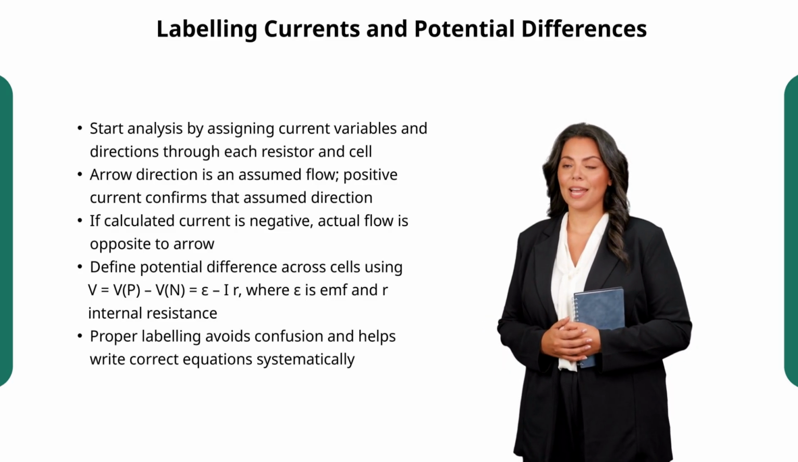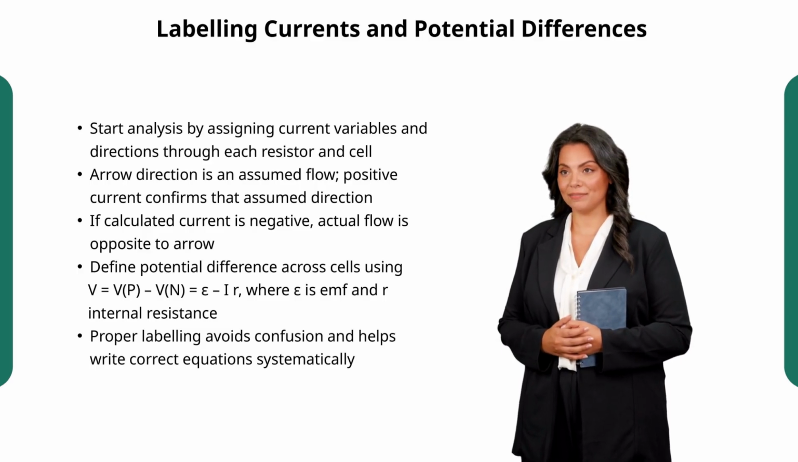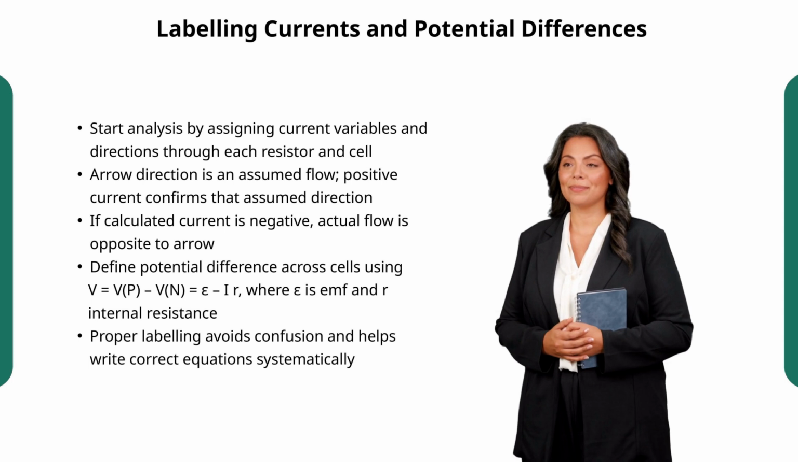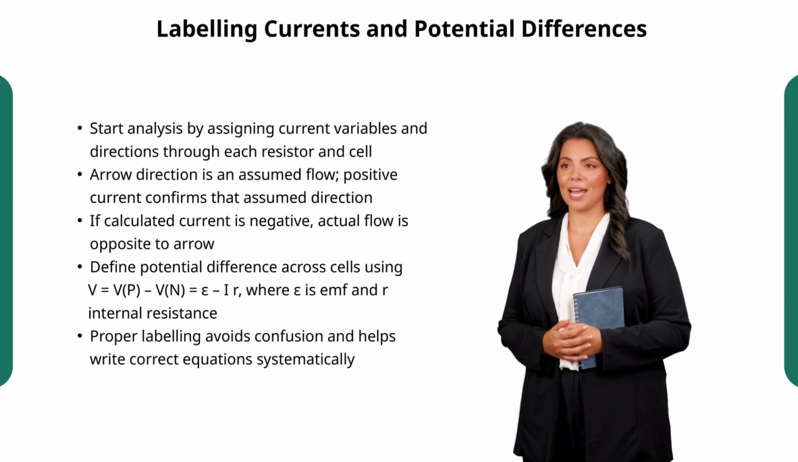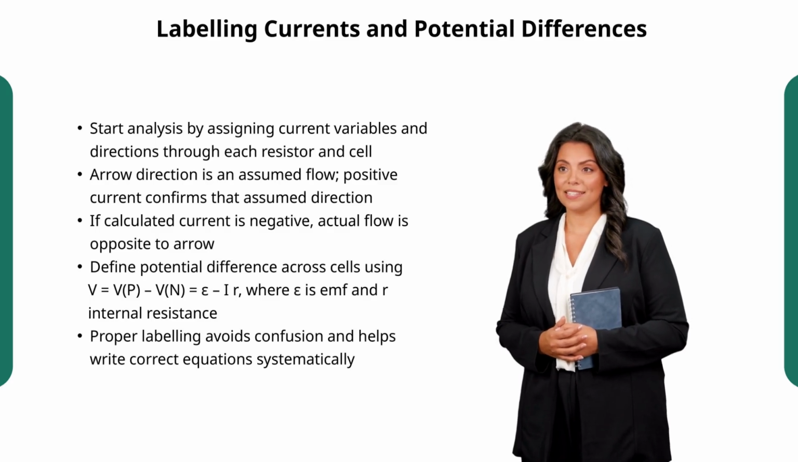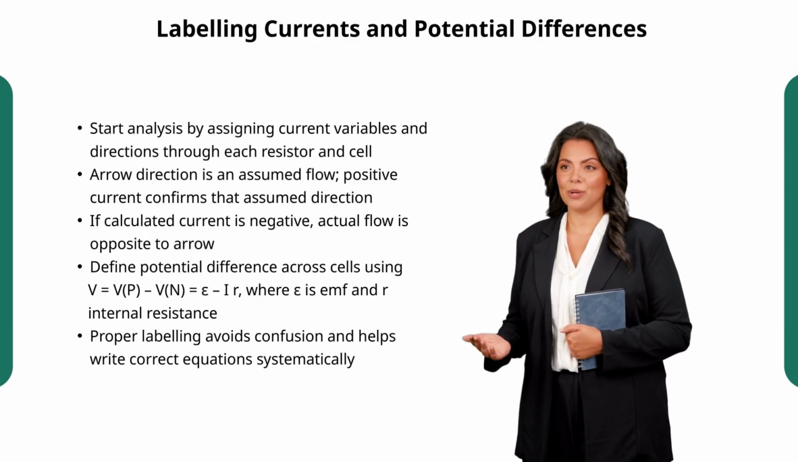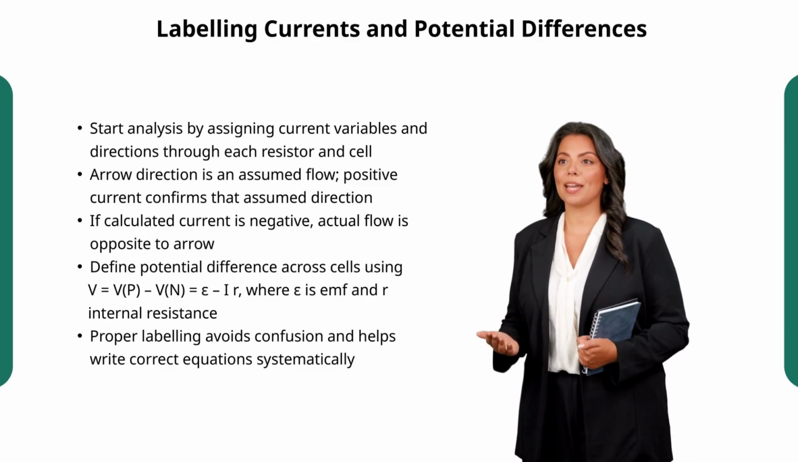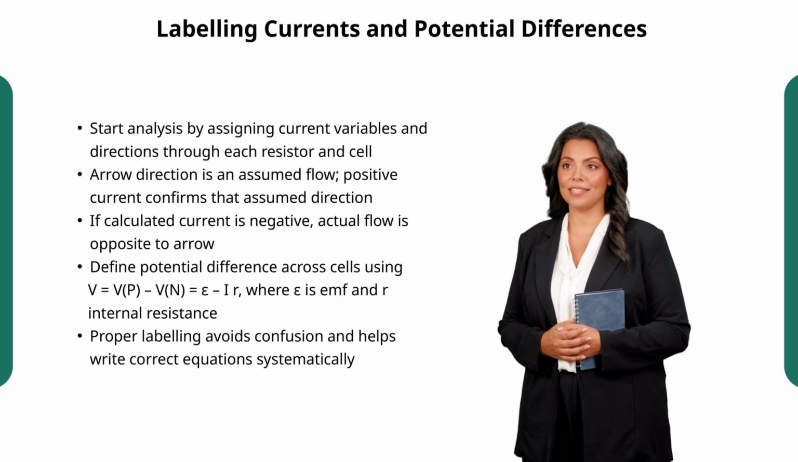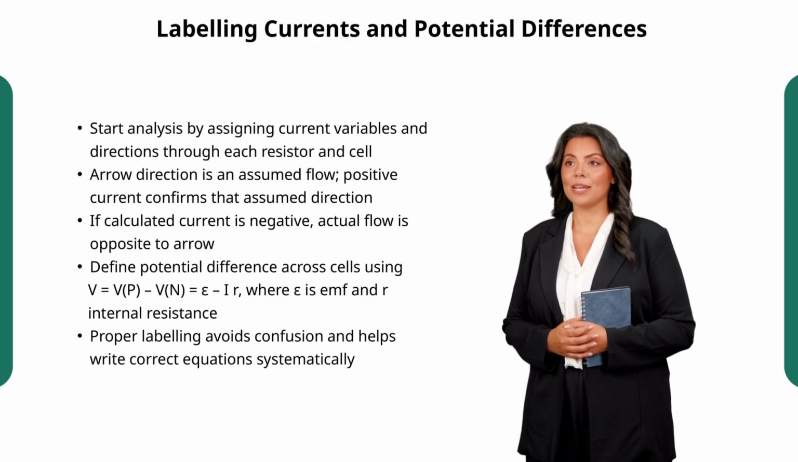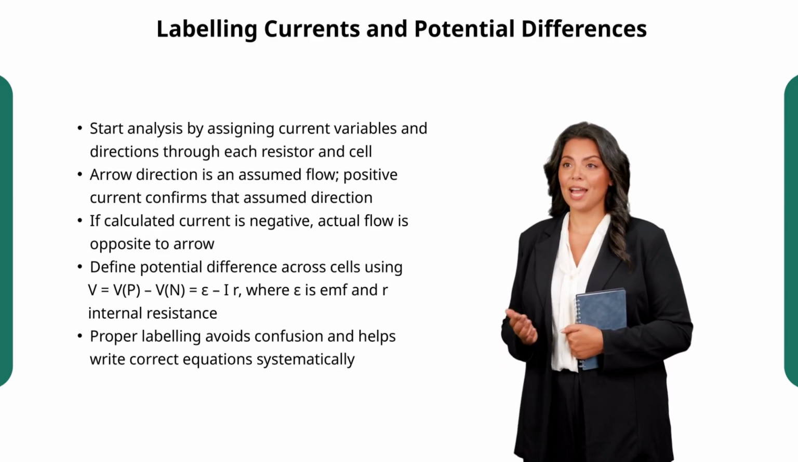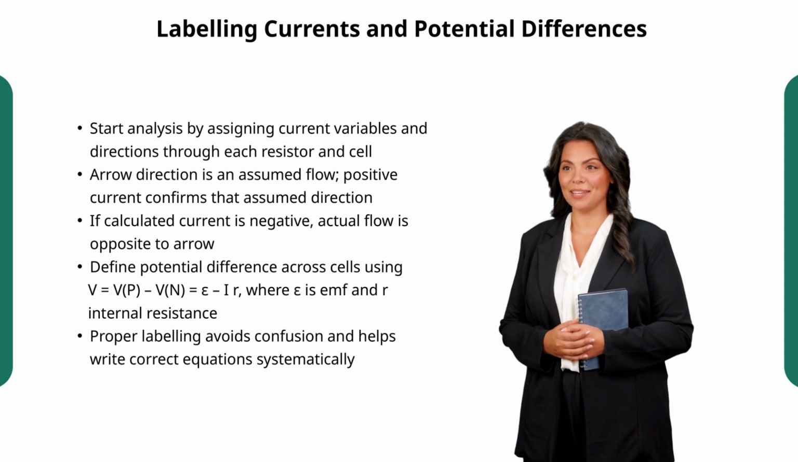Next, for each cell or battery, we indicate its positive P and negative N terminals. The potential difference between these points is given by V equals V of P minus V of N equals epsilon minus IR, where epsilon is the electromotive force and R is the internal resistance of the cell. This formula captures that the voltage output of a battery decreases slightly due to internal resistance when current flows. If we assumed the current direction differently, we use V equals epsilon plus IR instead, ensuring correctness based on the